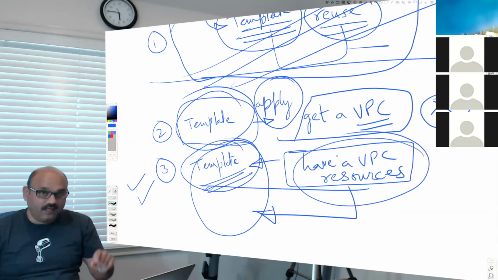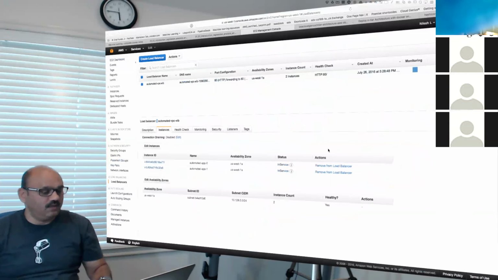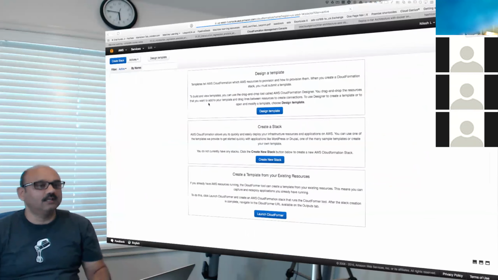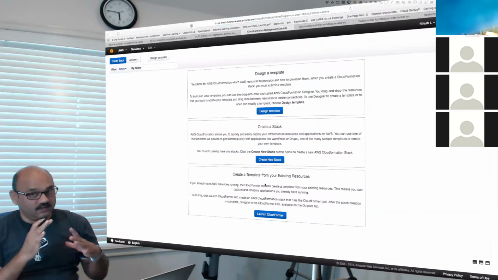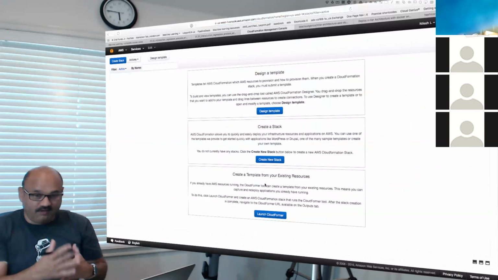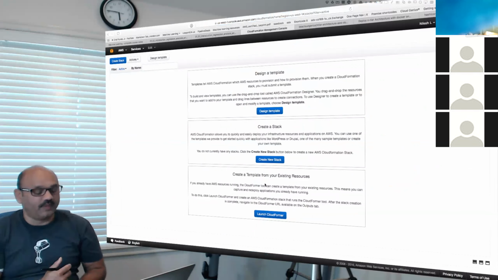So we can actually use the tool called CloudFormation right now and use the button number 3 to construct a template based on our existing resources that we have already in there. And so that is the third blue button that I can actually put to use right now because I have a bunch of resources already. And so I will use that. I will actually click the third button.